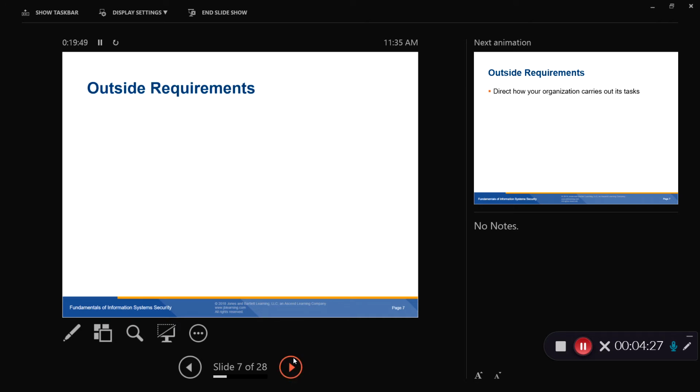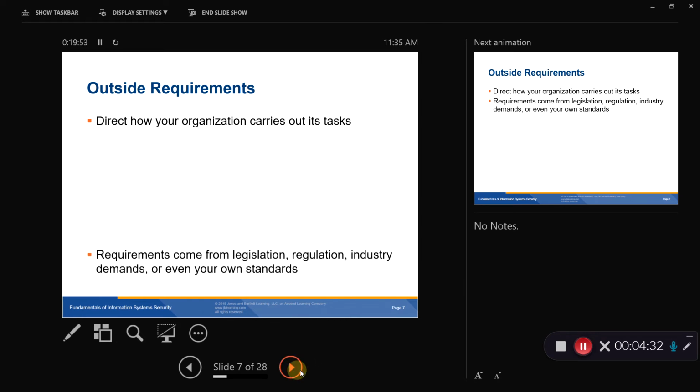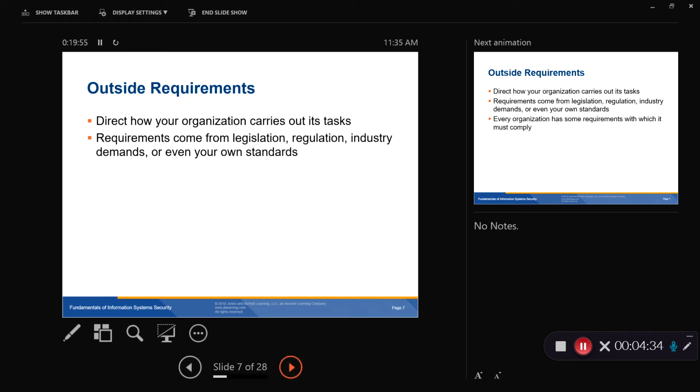Outside requirements. These direct how your organization carries out its tasks. The requirements come from legislation, regulation, industry demands, or even your own standards. And it's important to understand that regulation may not just come from the government. The PCI standard for the Payment Card Industry Association has nothing to do with the government. It's a private organization. But if you want to securely take credit cards and people to trust you when you take their credit card as a customer,